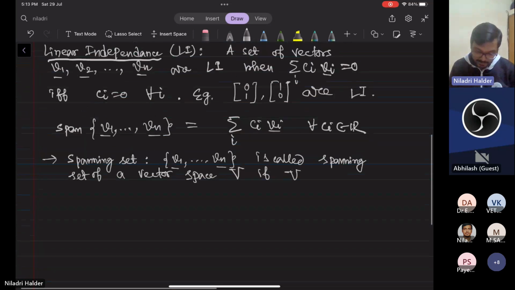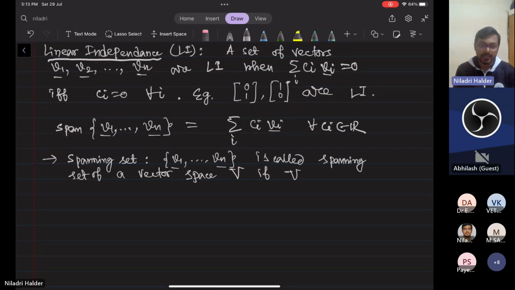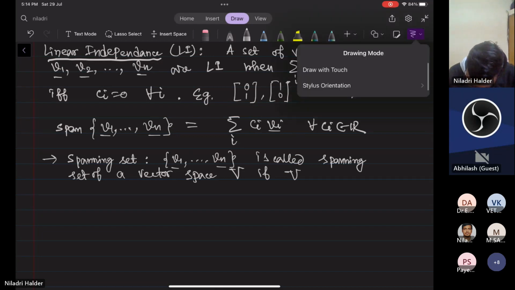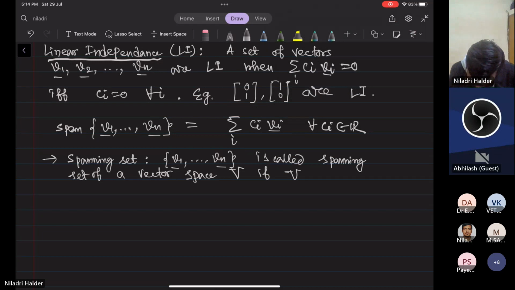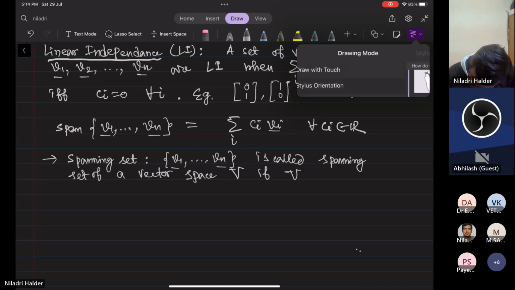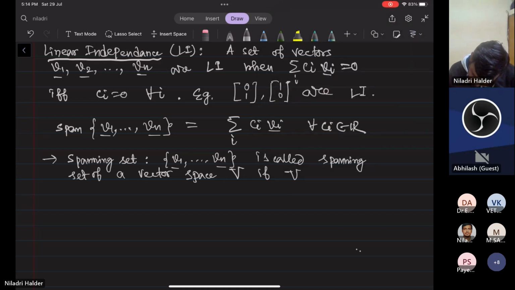Then a spanning set of a vector space means v1 to vn is a set of vectors that should be a spanning set of the vector space V if V equals the span of